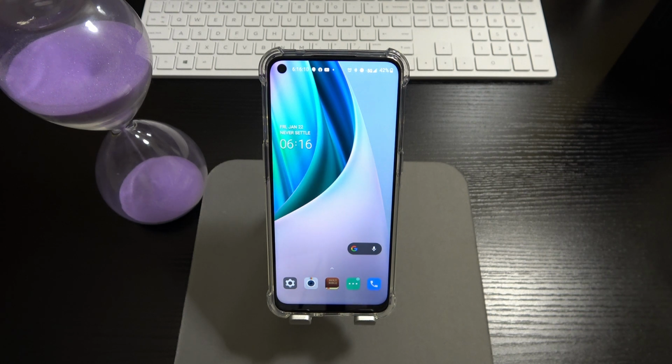We've got the Snapdragon 690. Now, some people were comparing this phone to the Nord that came out like 6 months ago, because that phone has the Snapdragon 730G, I believe, but I don't think that phone is 5G enabled. And so some people were feeling like, okay, well, this is a 5G phone, but it's got a 600 series Snapdragon SoC chip in it. How's that going to perform? It's probably going to lag. It's probably going to stutter. It's probably going to do this and that. It's not going to perform. Well,